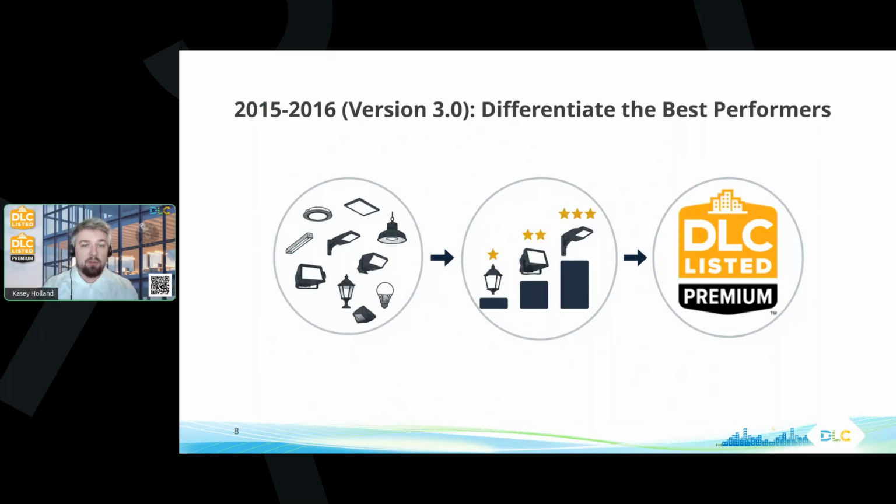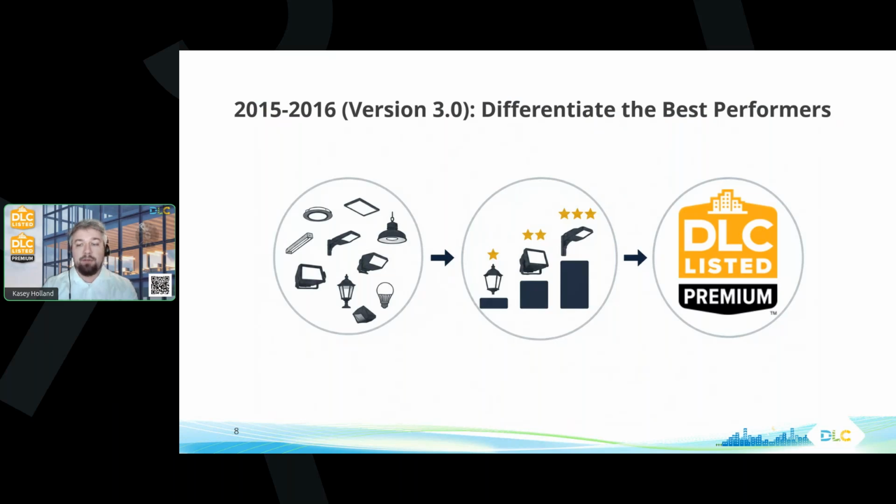really identify and differentiate those and offer an increased incentive so that these products that save more energy and have better lifetime performance for either the driver, which is one of the most failure prone subcomponents in a luminaire generally, or the LEDs, and making sure that that first 10% of light loss over the course of the product's life is lasting as long as possible. That's where our L90 requirements come from, our driver lifetime requirements, and making sure that we're